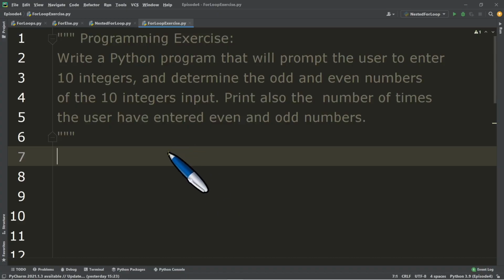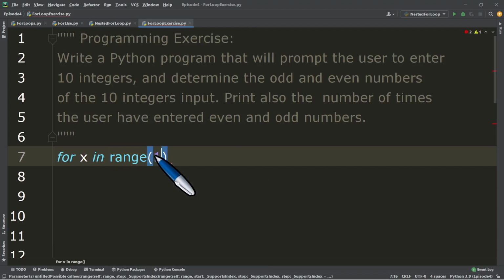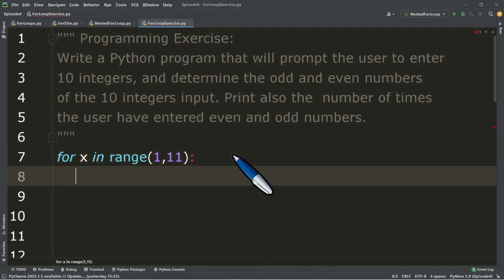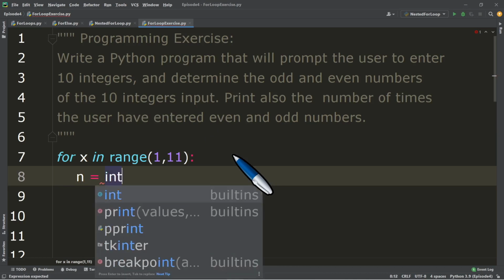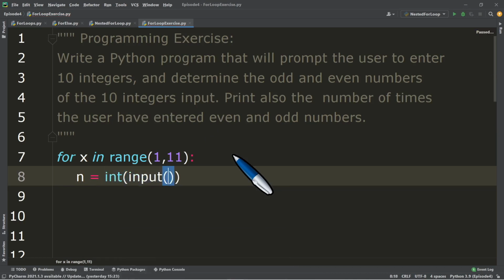Okay, let's start. Let's prompt the user to enter 10 integers using a for loop. For example, for x in range(1, 11), because you start from 1, then number 1, number 2, number 3 up to number 10, not including 11. And then for example, we have n is equal to int(input(